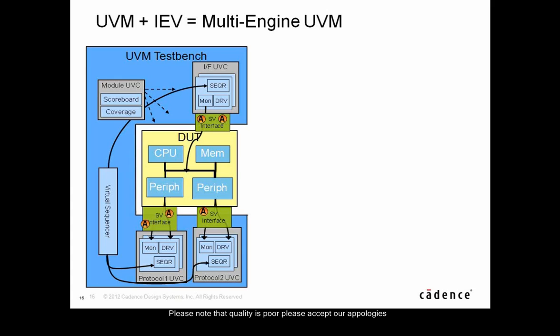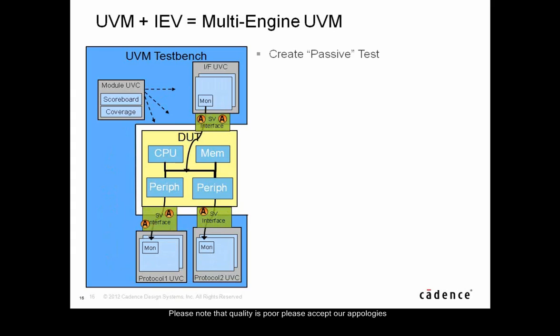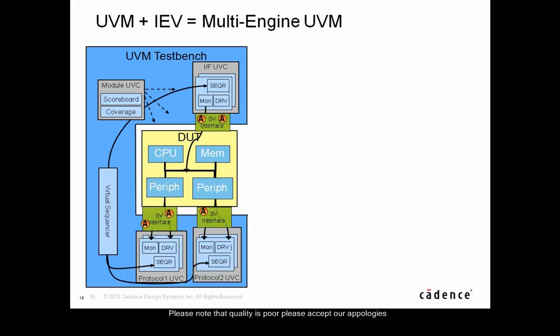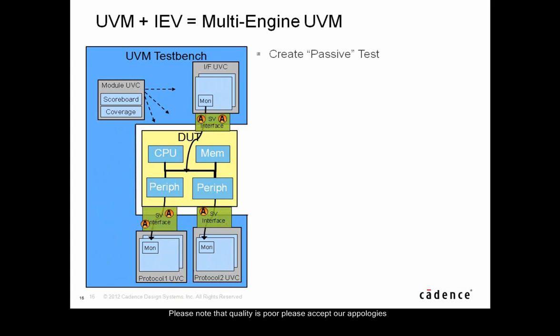So this slide shows what you can do with UVM. If you have a UVM test bench and you have your formal environment ready, you can configure the UVM test bench as a passive test, which basically means you turn off your sequencers, so there are no drivers coming from the test. What actually happens is, if you write good functional covers and SVA or PSL, and then you run formal, the tool will generate traces for that, and those act like the drivers. So you don't really need the drivers from the test bench here.